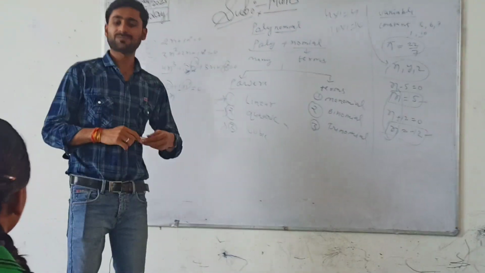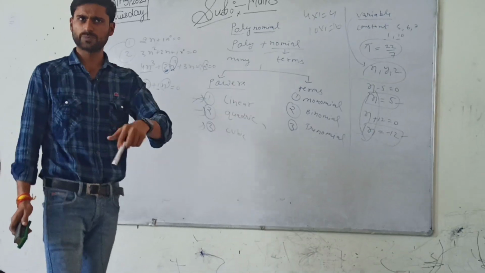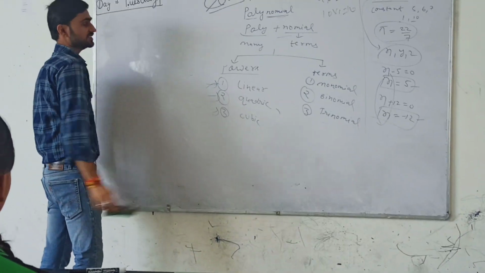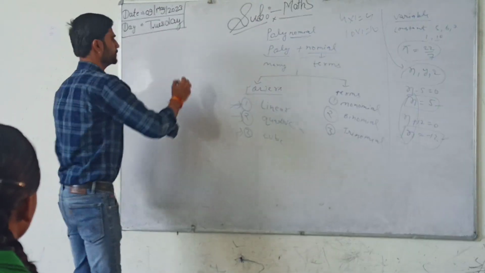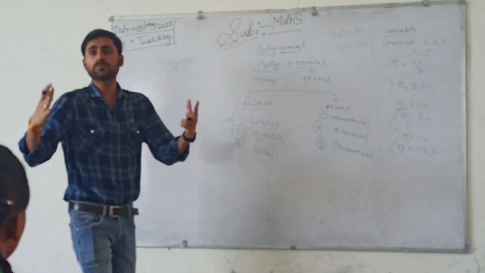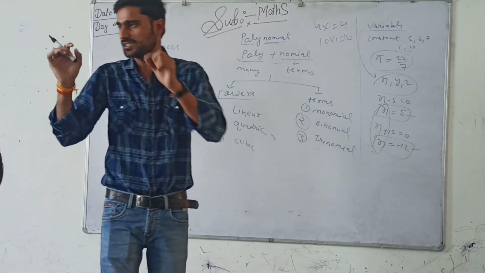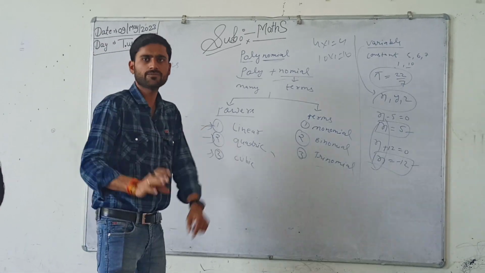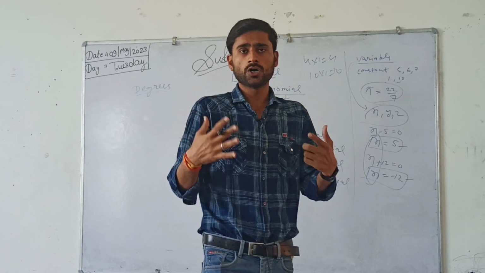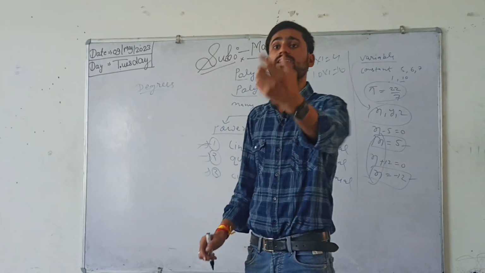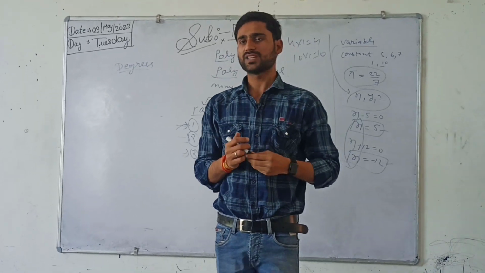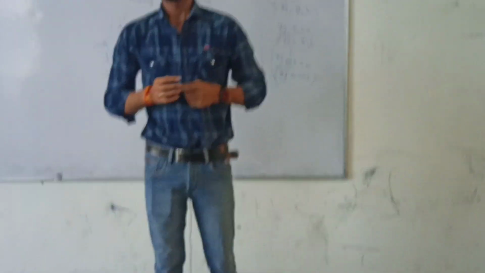Very good. Now we talk about the degrees. Okay, this is the last topic of this session, degree. What is the degree? In any expression or equation, the maximum power of the equation or expression is called the degree. Now clear, beta? The maximum power of any equation or expression is called the degree of that equation or expression. Okay, tell me. Yes, you can tell. What is the